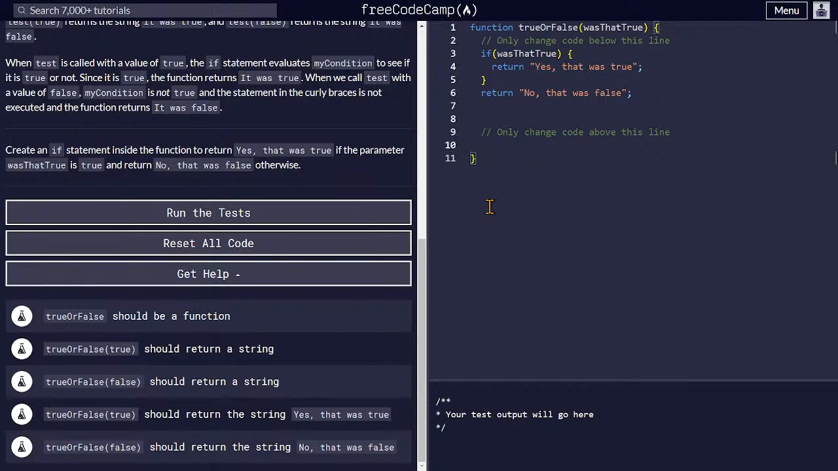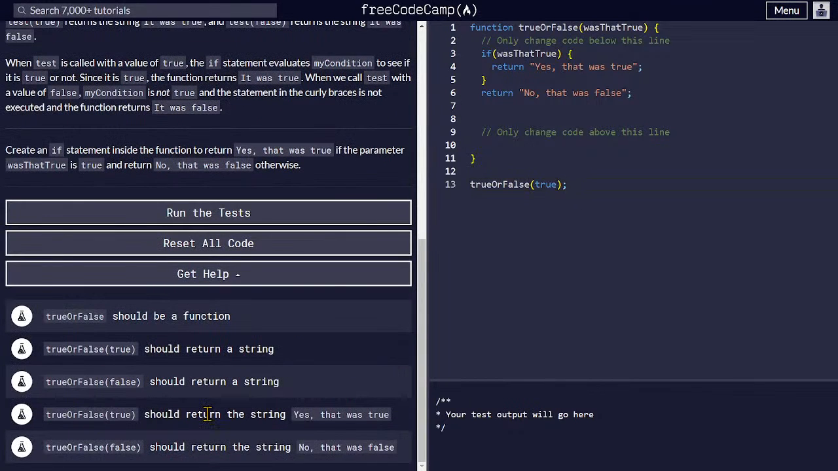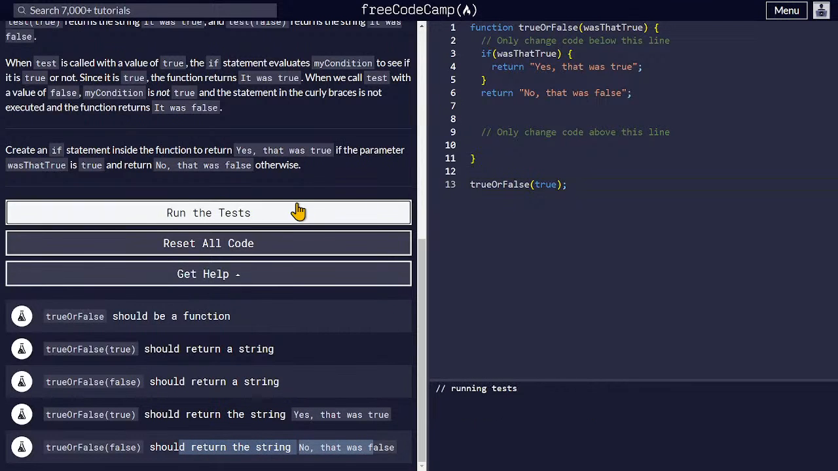So if we want to run that, we are calling this function, so the function by the true. Now what is it returning? So it is not giving anything in here. It should return the string yes, that was true, no, that was false. If you run the test,